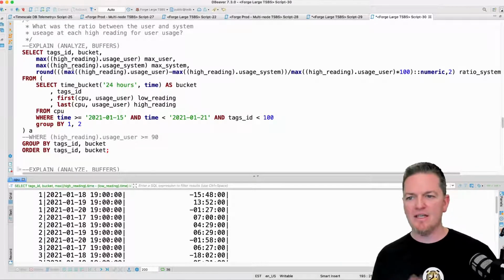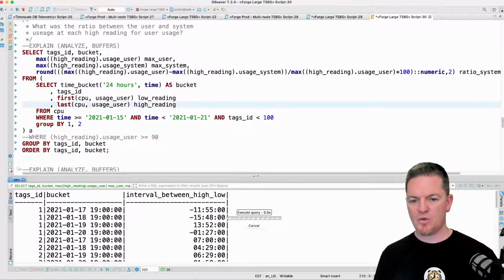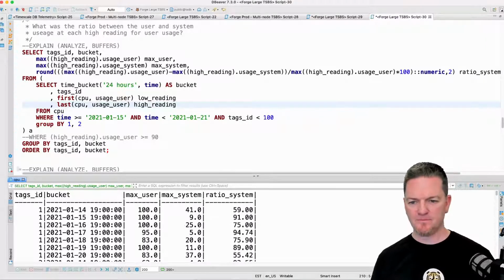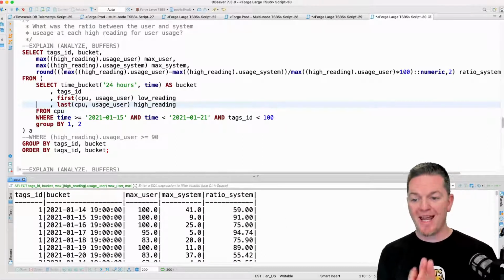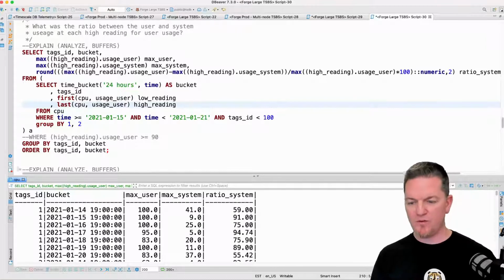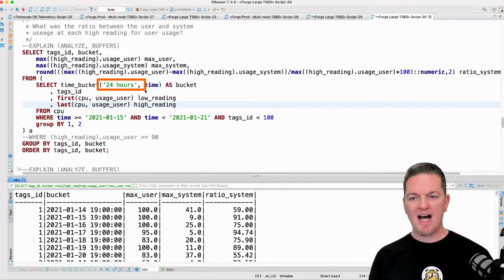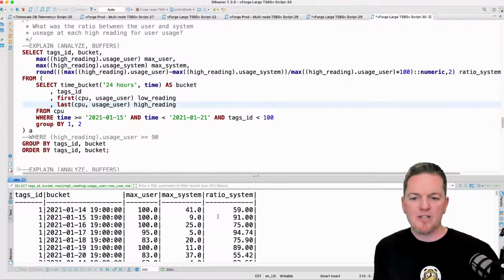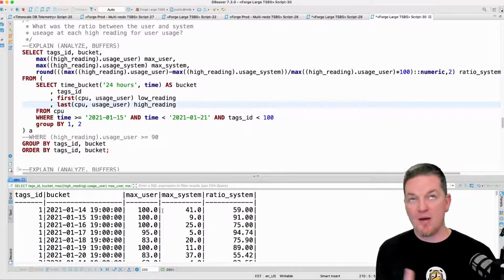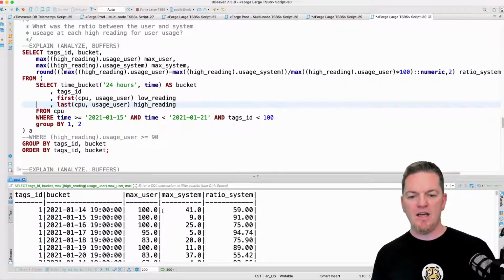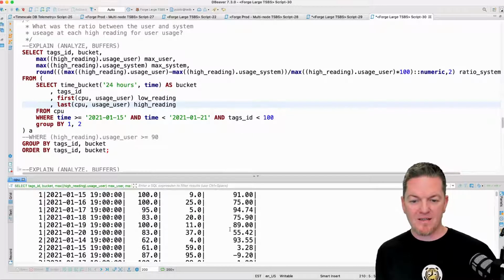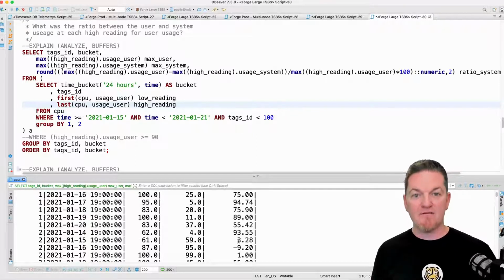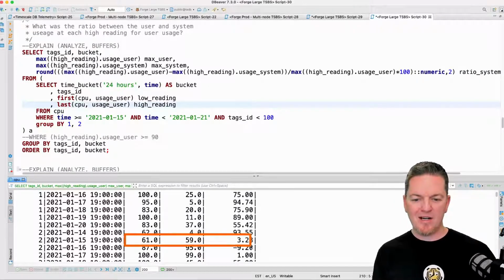And so again, through some math, simply using SQL and this time bucket function, I can run this query, and this is on 100 items. This is over a week, so this is for every day. I bucketed this by 24 hours. So I got the highest usage every day and the lowest usage, and when that was occurring, what was the ratio between the highest, or how much difference was there between the highest and the lowest? And so you'll see that, as it would make sense, when the ratio or the difference is not very high, I get a CPU that was maybe in the middle,